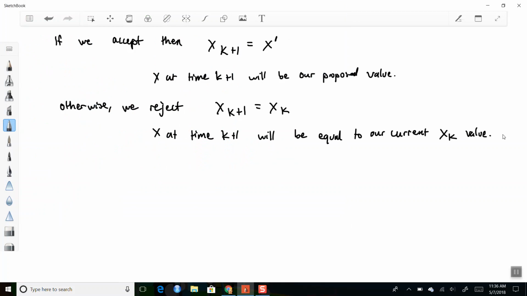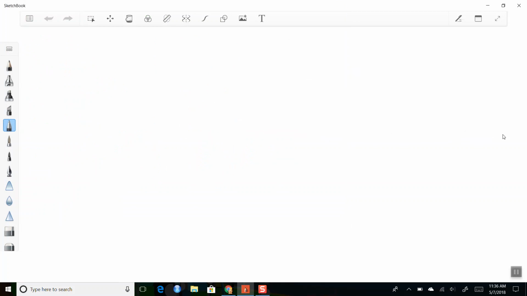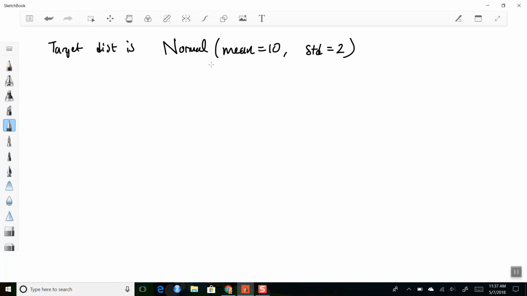So let's try this out. So I'll do this, and let's say our target distribution is the normal with mean equal to 10 and standard deviation equal to 2. Okay, so this is our target. Okay, so our target PDF will be equal to, if we did this in